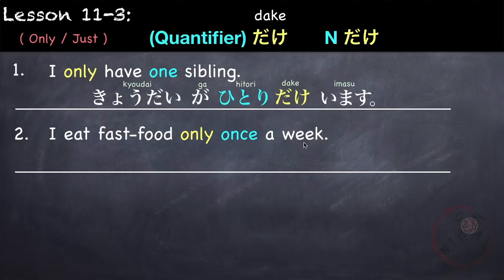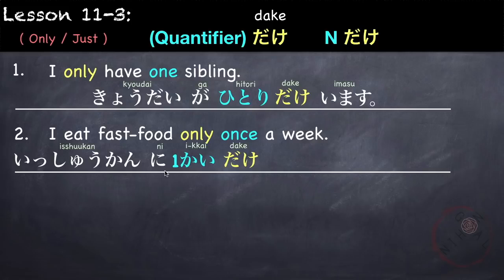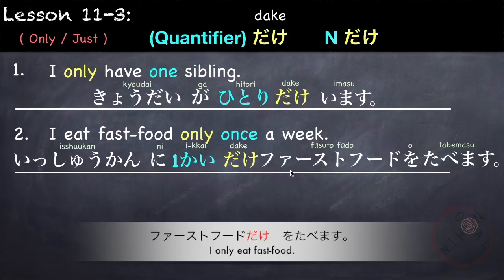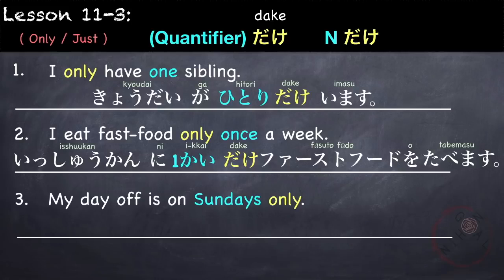I eat fast food only once a week. So we have our time period, which is a week or 1 week, 1週間に, once, 1回だけファストフードを食べます。1週間に1回だけファストフードを食べます。Or if you want to say, I only eat fast food, so I don't eat anything else, you can also say ファストフードだけを食べます。